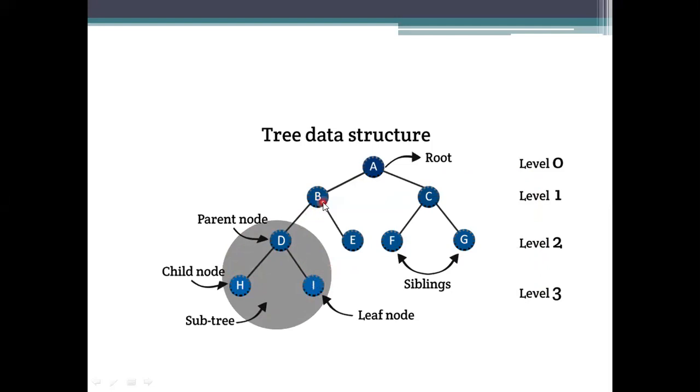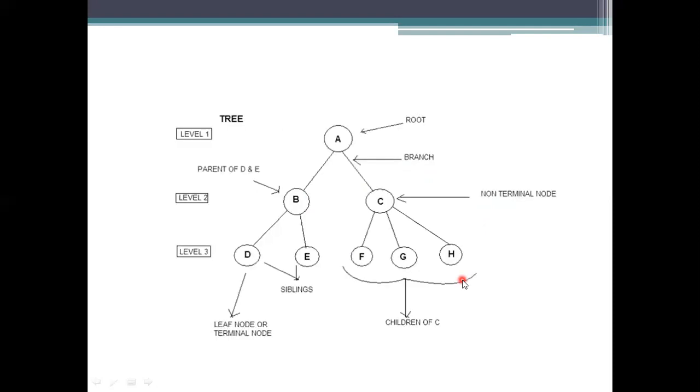And the remaining B, C, D are specified as parents and also the non-terminals here, because the root node is A, and the remaining elements which are not leaf nodes, that is H, I, E, F, G, are taken as leaf nodes here. So what are the remaining ones? These three are the remaining ones. B, C, D are taken as non-terminals here.